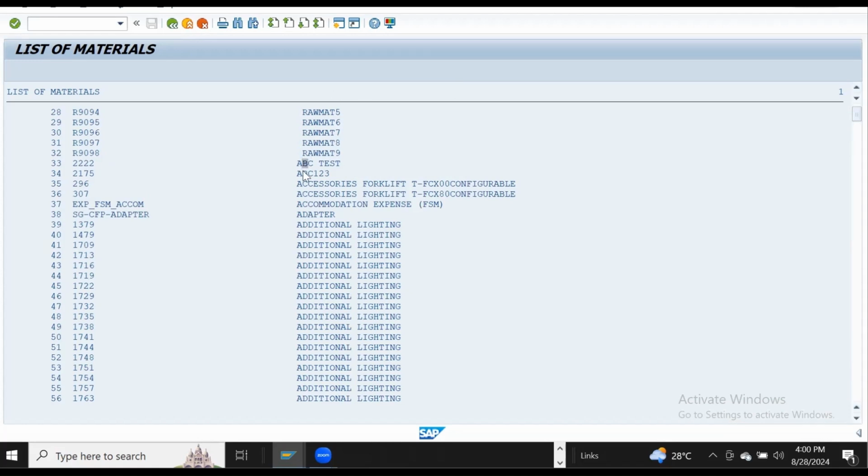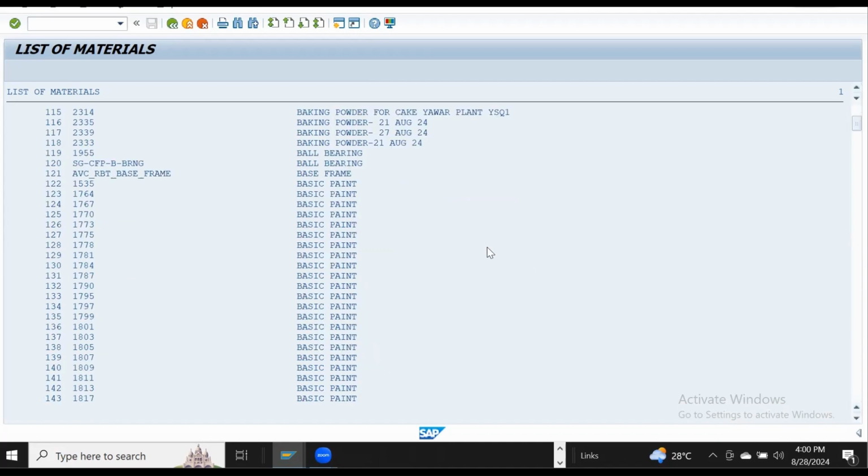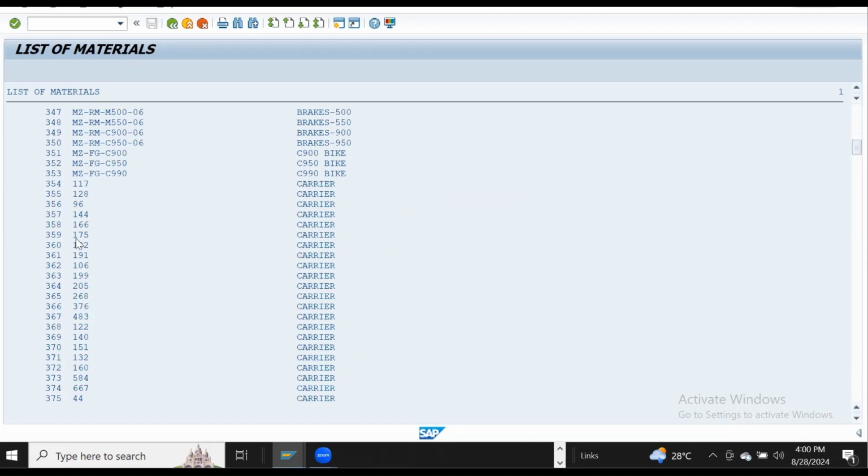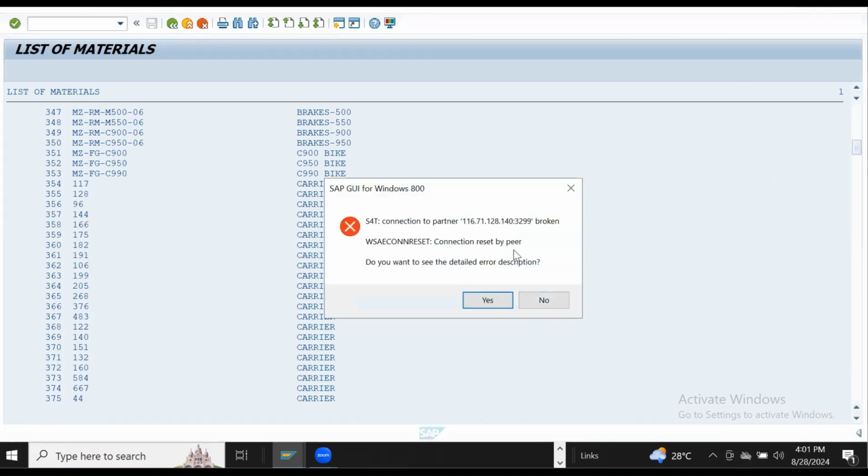Then it starts with A, the materials starting with A followed by materials starting with B. This is ideal. All the materials of different material number conventions are followed, and this is the material description. To see how many materials are there at the moment, I think from the SAP,